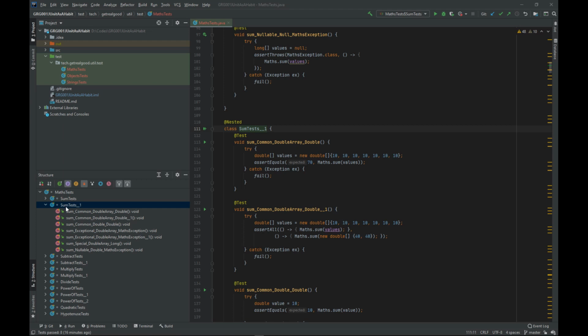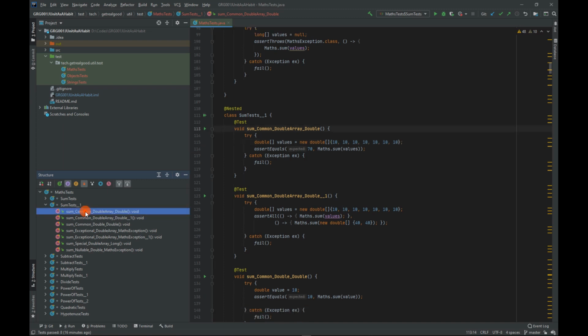In the next clip, we are going to refer to an overload of the sum method of the Mass class. This sum method basically takes a var arg of doubles. We can pass an array, we can pass a scalar value, if you will, a literal value. So the first unit test is going to be, we are declaring an array of doubles, we are passing the array of doubles into our sum method, and we are declaring that it will be equal to 70, which it will be. So the conversion is automatic, you will notice here,